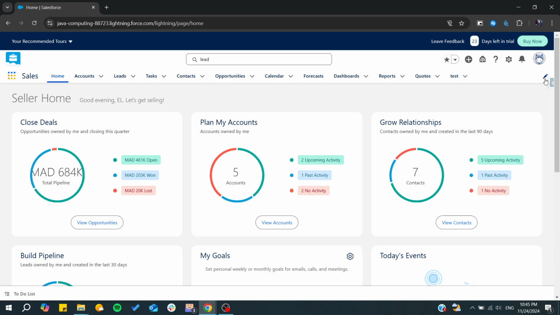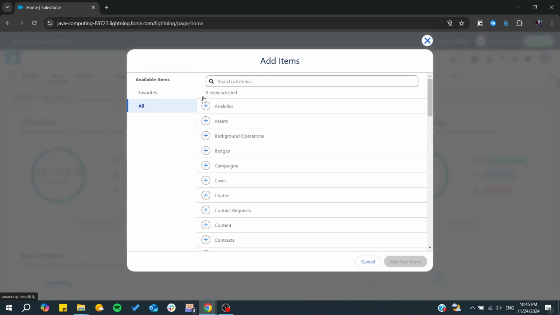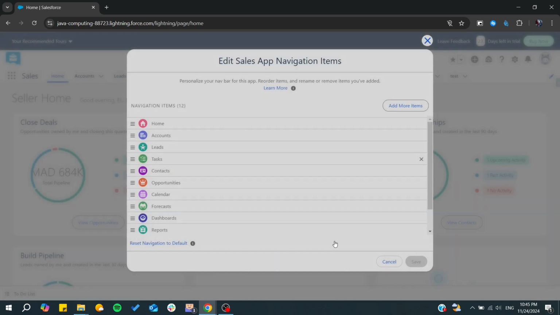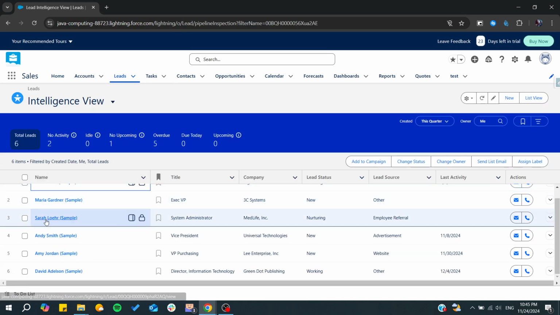If you can't find them in your navbar, you can personalize it and add more items. Go to all and search for leads. I already have it, so that's why it's not added in my items, and I already have it here in my navbar. So after going to the leads, we need to choose any lead that we want to change its